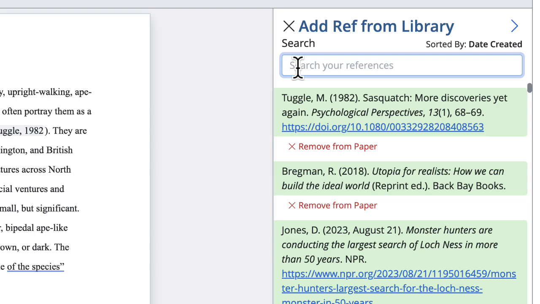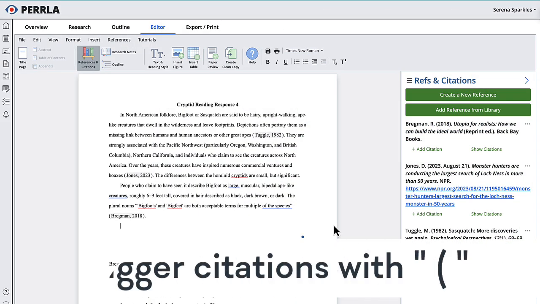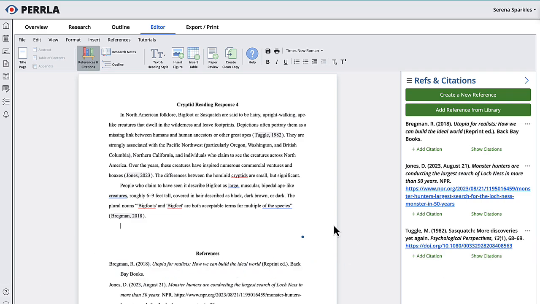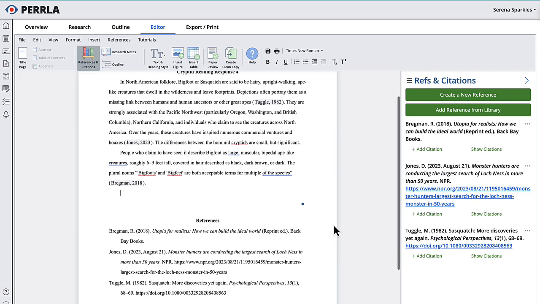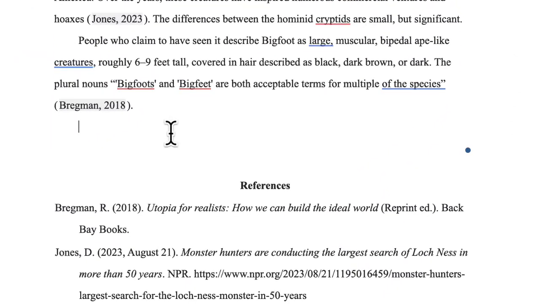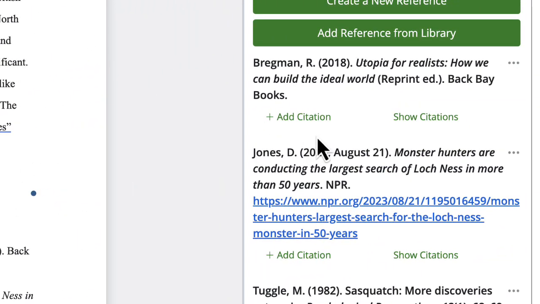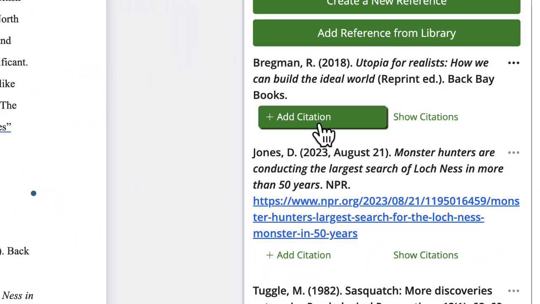do with similar topics. All right, now let's talk about our final tip, which is using the keyboard to trigger creating citations inside of PERRLA Online. Here I am inside this discussion post, and let's say I have a new quote that I need to cite. As usual, I could always go to the References and Citations panel and choose Add Citation underneath the reference I